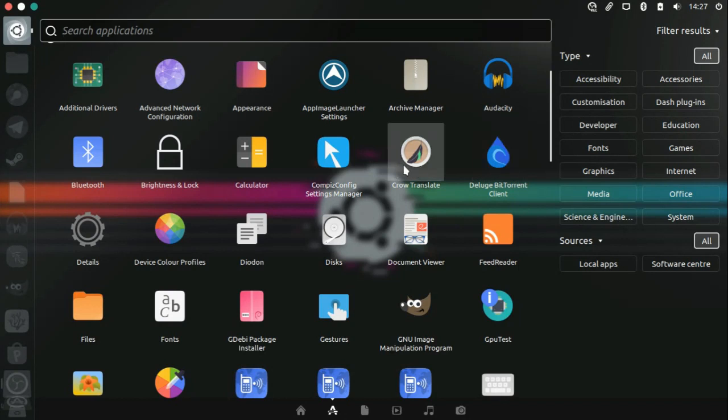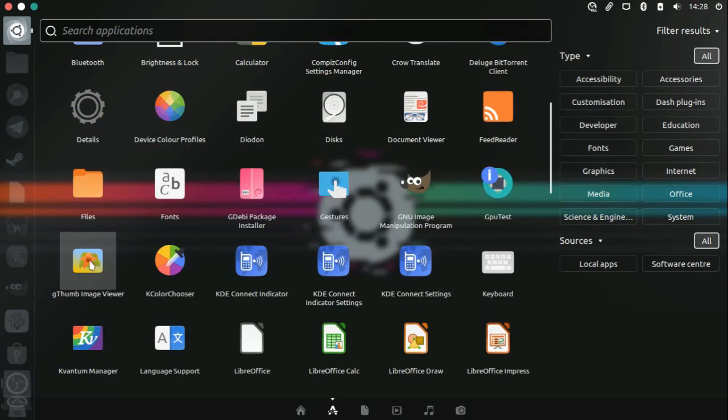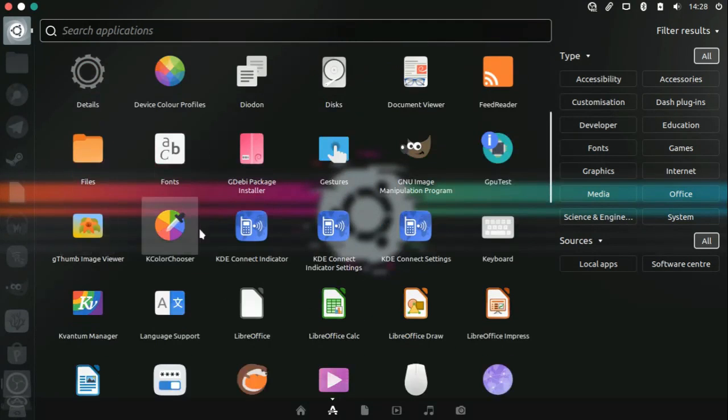BitTorrent client, Crow Translate, Compiz, calculator, brightness and lock, Bluetooth, details, device color profiles, Diodon, don't know what that is, disks, which is GNOME Disk Utility, which is absolutely fantastic for both sorting out your disk drives and also writing images DD style to USB sticks. You've got Evince Document Viewer, a feed reader, GPU test, the GIMP, gestures, GDebi package installer, your fonts, shortcut to the files, you've got gThumb image viewer, you've got KColorChooser, you've got KDE Connect indicator, KDE Connect indicator settings,